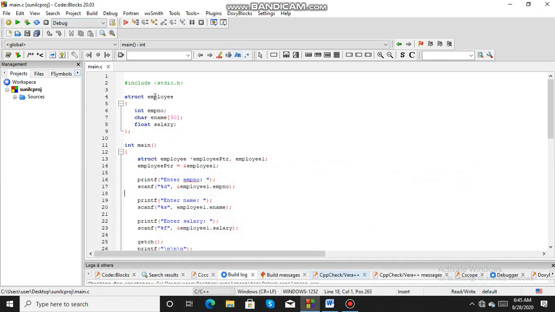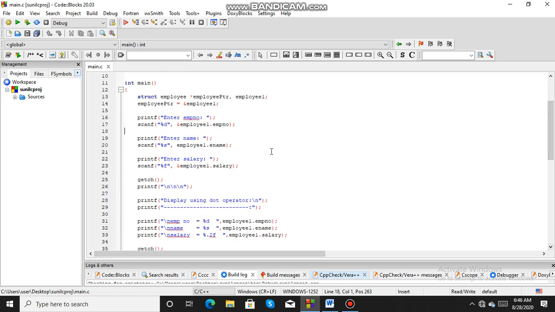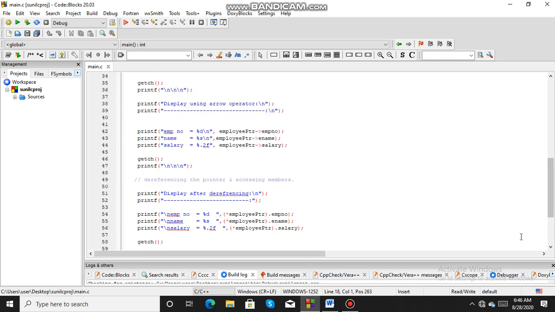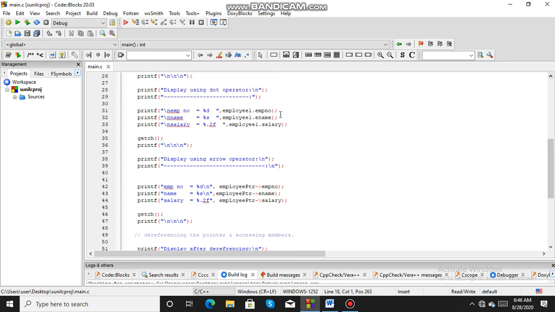So this is the program. Here you are declaring the structure employee with a character array ename of size 30, an integer employee number and a float salary. Then you are assigning the address of the structure variable employee1 to the pointer. After that you are displaying using the dot operator, accessing the members through the structure variable.